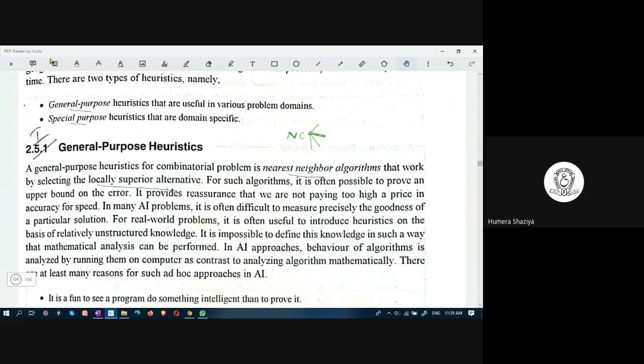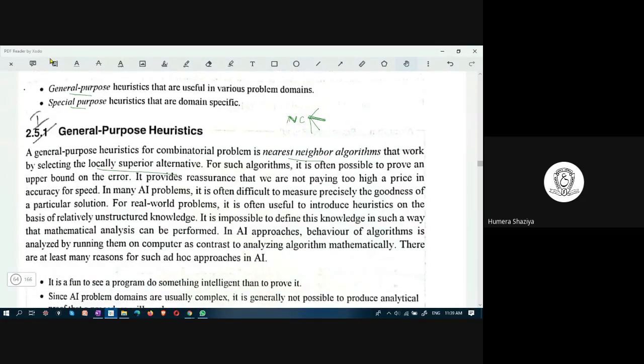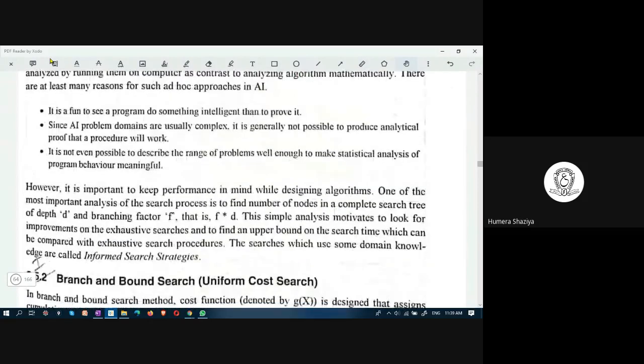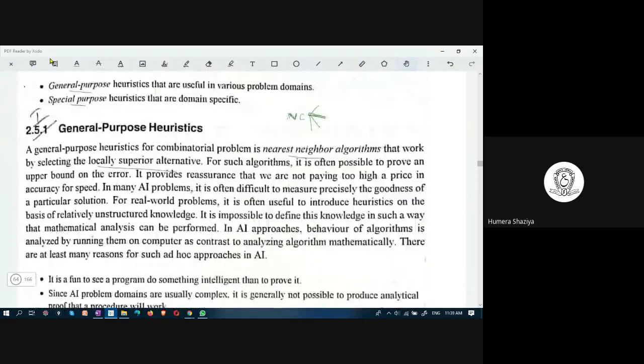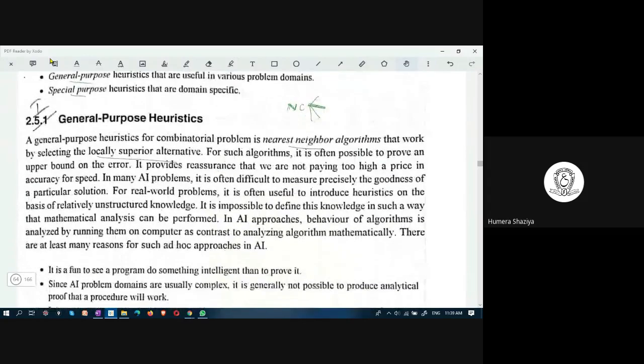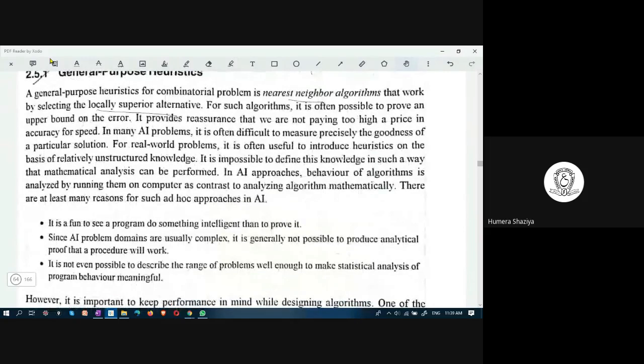So these general purpose heuristics are used for combinatorial problems, all permutations and combinations. But then what happens is in general purpose heuristic, there might be no domain knowledge used.